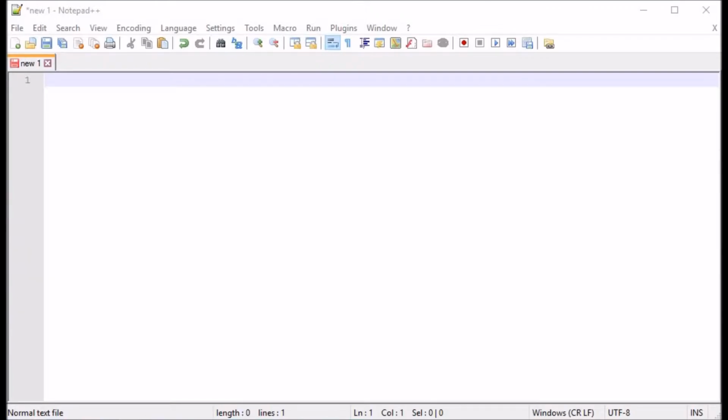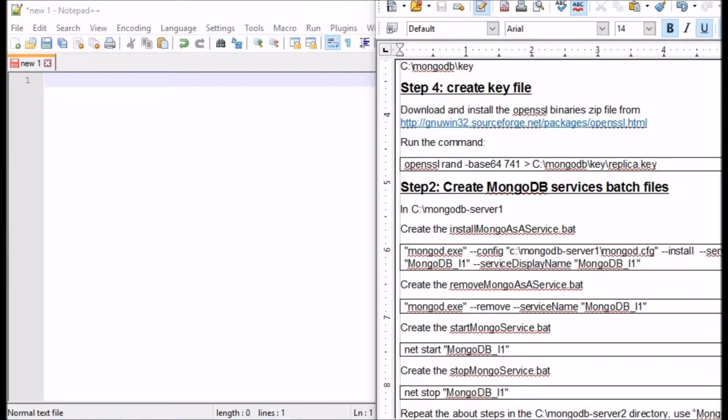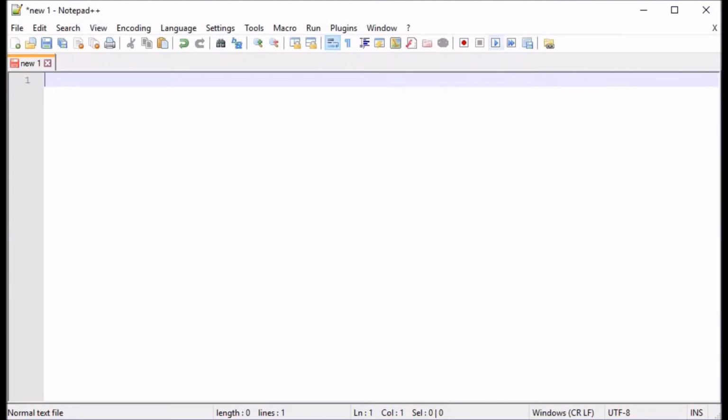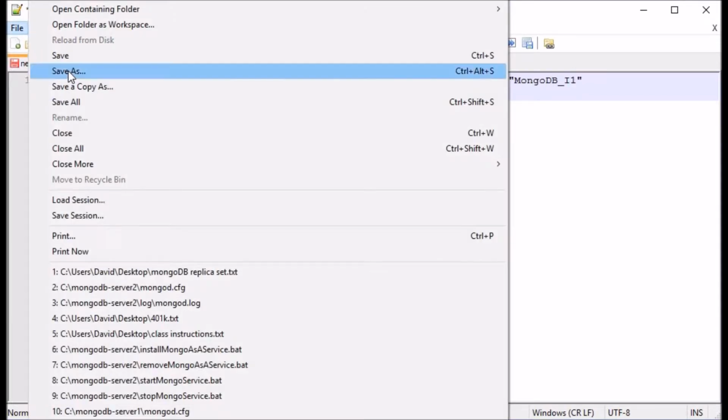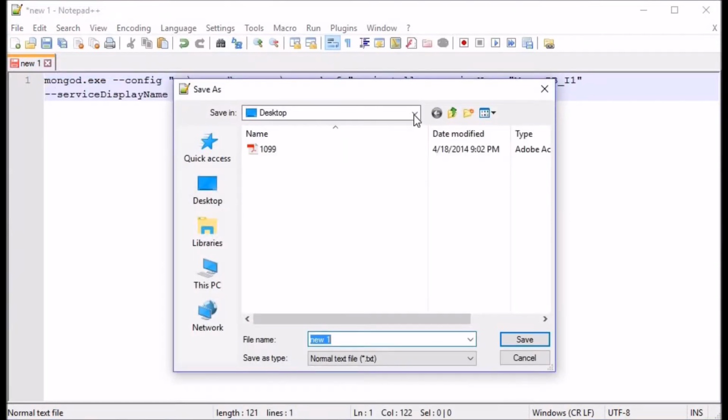The next step we need to do is create our MongoDB service files. So the first file I'm going to create is install MongoDB as a service. And this is the command that we're using. mongod.exe, the config file, points to our MongoDB configuration, install, the service name that we're going to install on the Windows machine, and the service display name. We go ahead and save that. I'll save it as